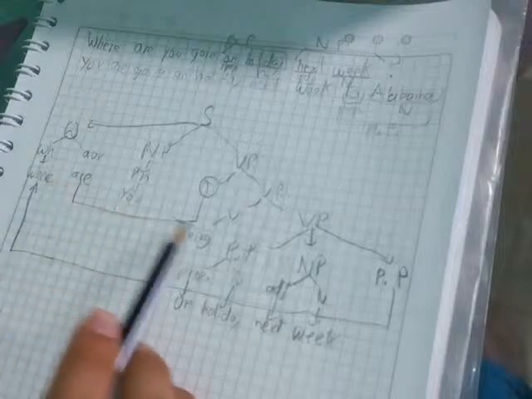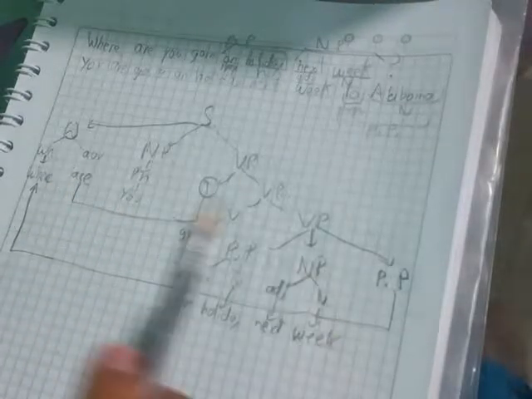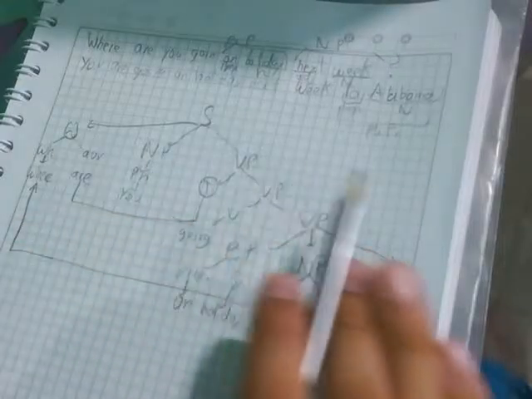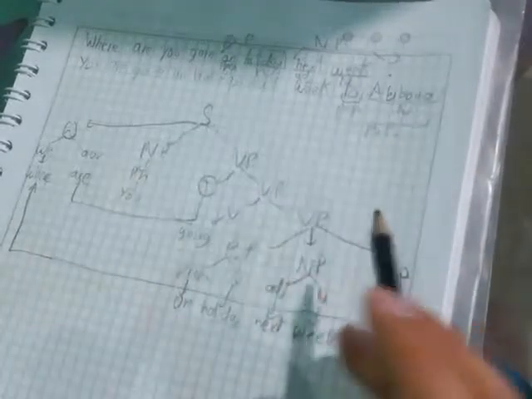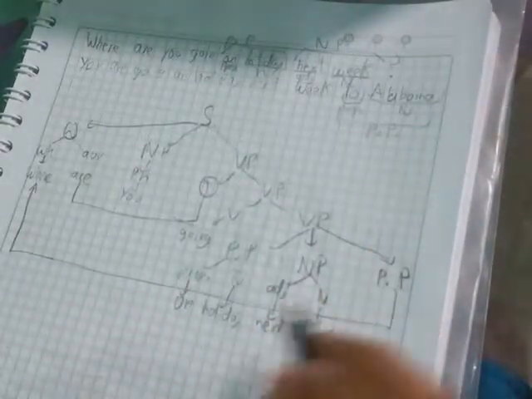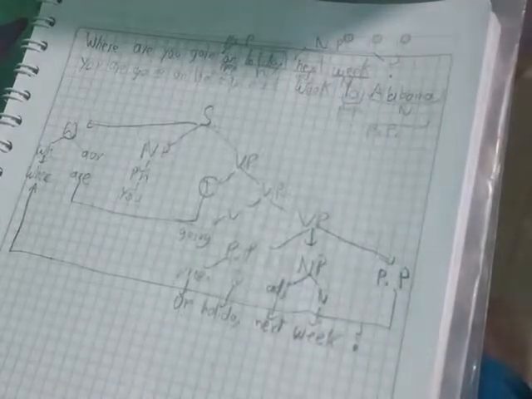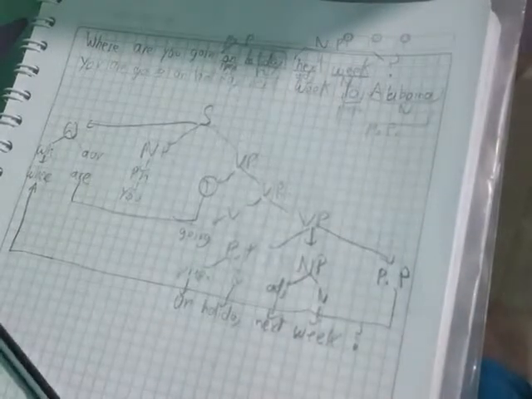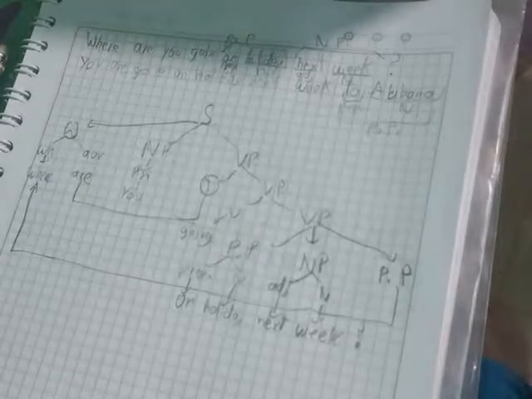Then let's read in order to verify if it is well constructed. Where are you going on holiday next week? In this case, this sentence is correct. Well, it is correct, but we are forgetting another thing, that is the question mark. Do not forget the question mark. This would be the four sentences that we've practiced for today.